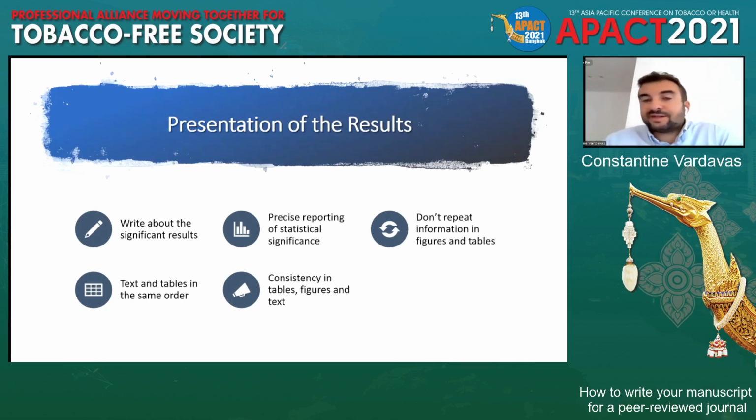So check that the numbers are copy pasted correctly. If it is 54.6%, then you write 54.6% also in the text. And talking about percentages, usually it's good to round off to the first decimal point, 54.6%. You don't have to have 54.61% or 54.62%. It's 54.6%. One decimal point is sufficient for a results section.